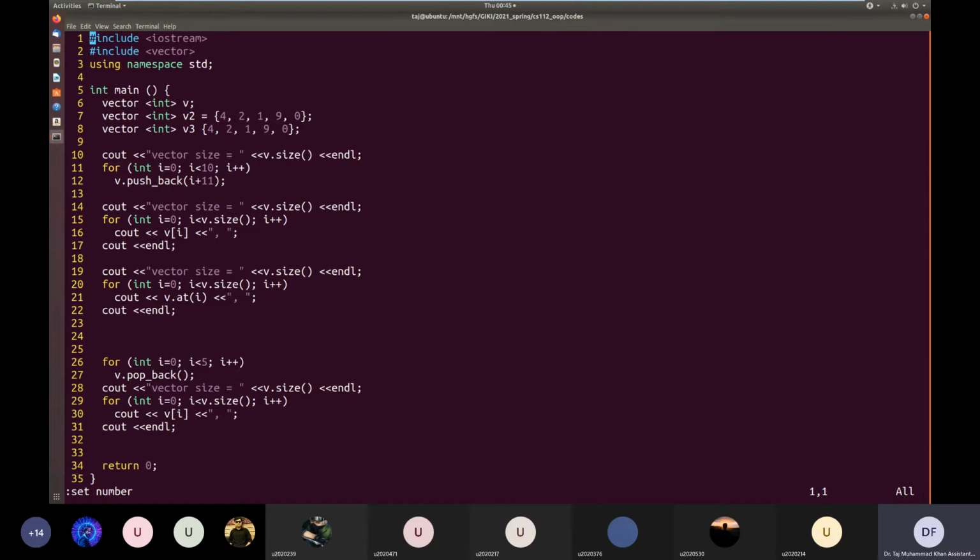Okay, so iterator, iteration at least is the word that you must have already heard. So the iterator helps you go through the loop.